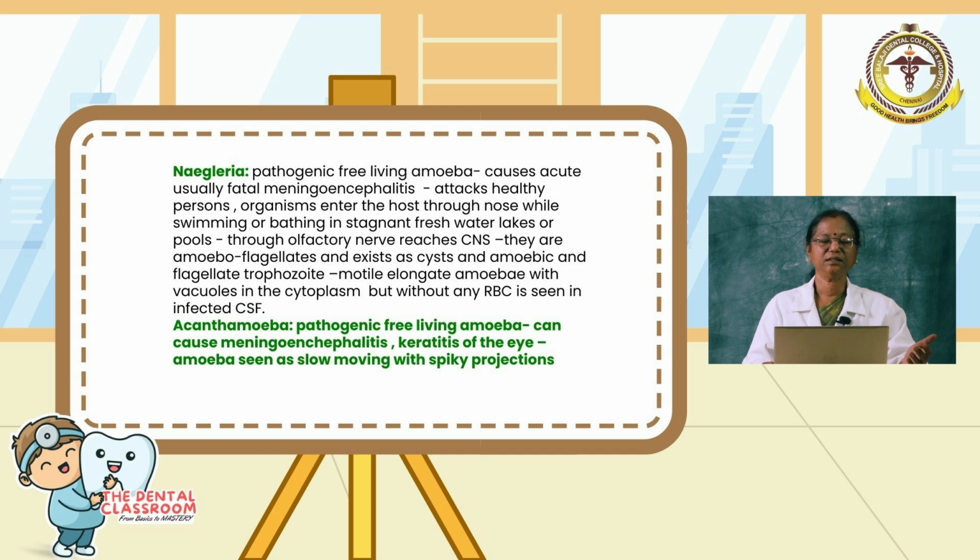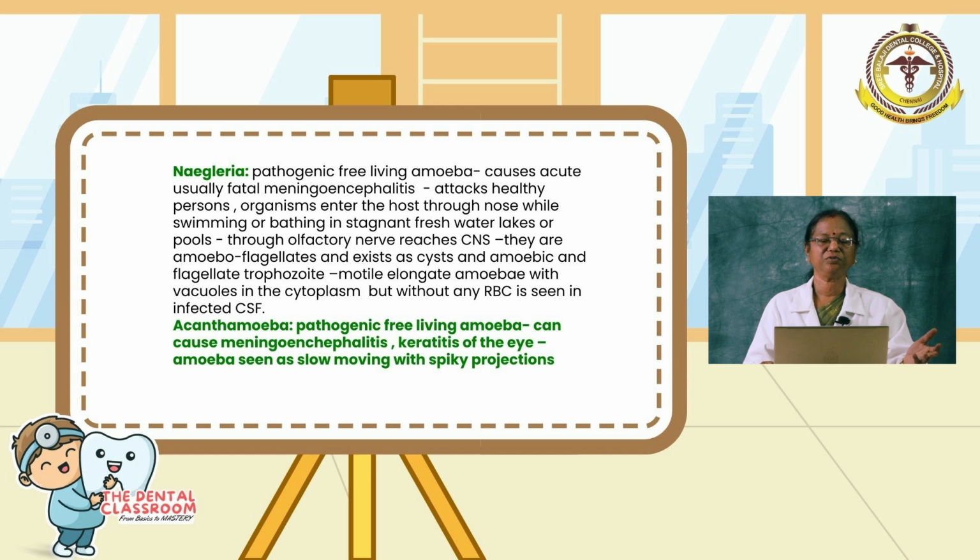The next is Naegleria. Naegleria is a free living amoeba. It causes acute, usually fatal meningoencephalitis. It can even attack a healthy person, not necessarily immunocompromised, and the organism enters mainly through the nasal route, and usually the infection is acquired while the hosts go swimming or bathing in stagnant freshwater lakes or pools,